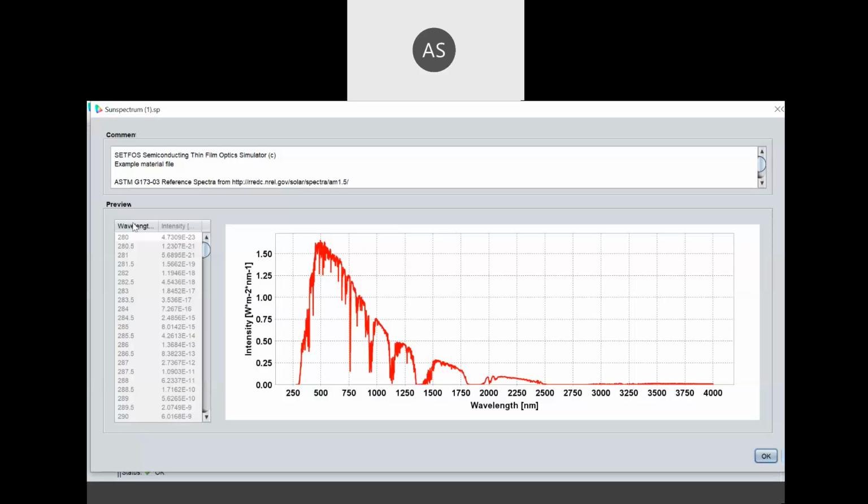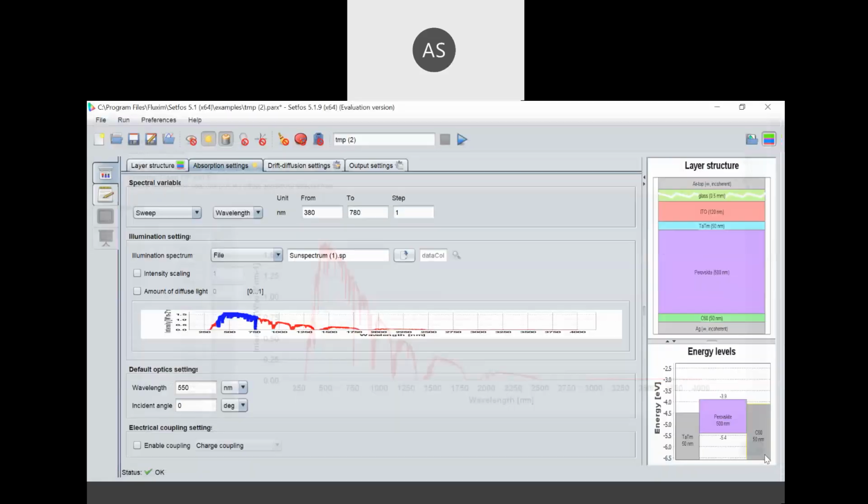The first column is wavelength and the second one is called intensity. So you can see how the intensity varies with wavelength. You can see the spectrum. This is giving the reference, which is taken as the global tilt air mass 1.5 sun spectrum. Now there are some intensity scalings.